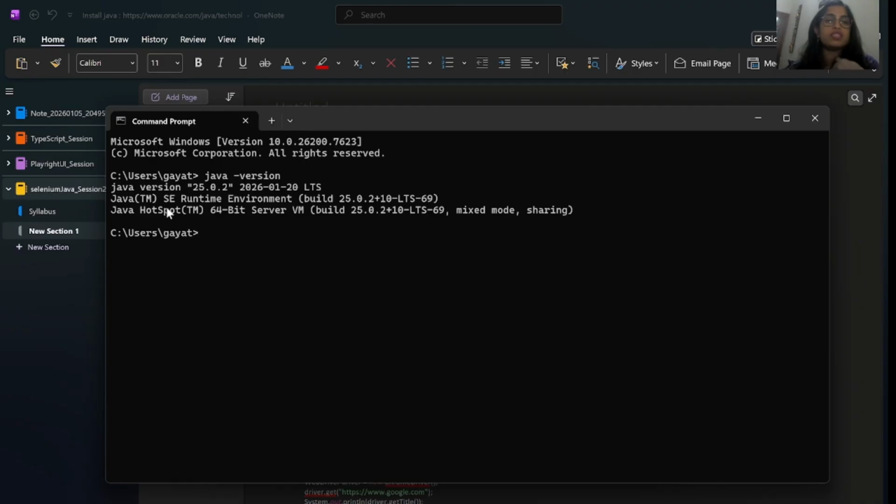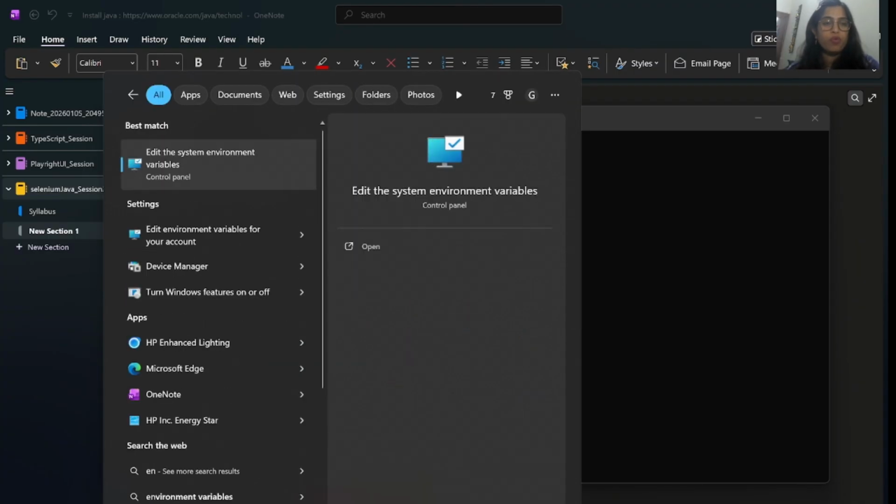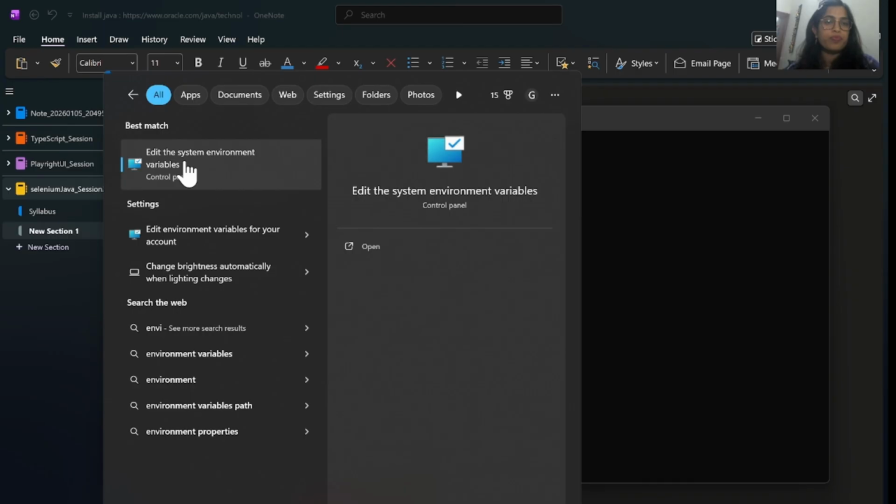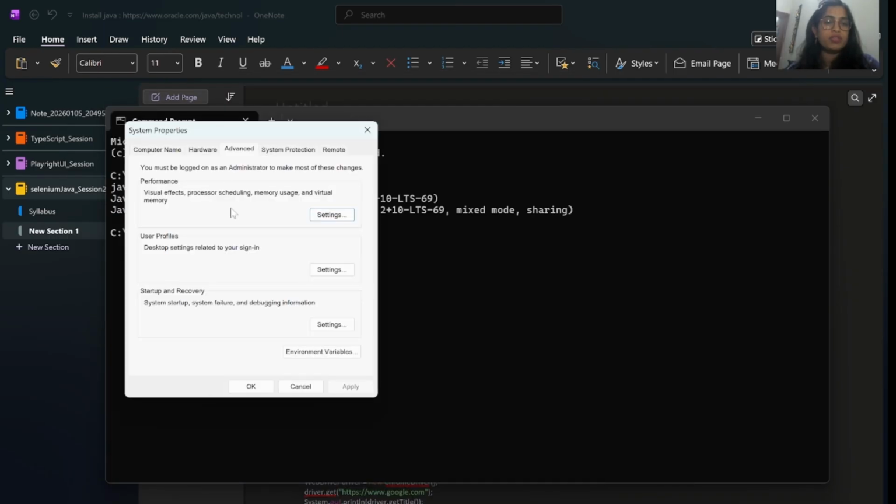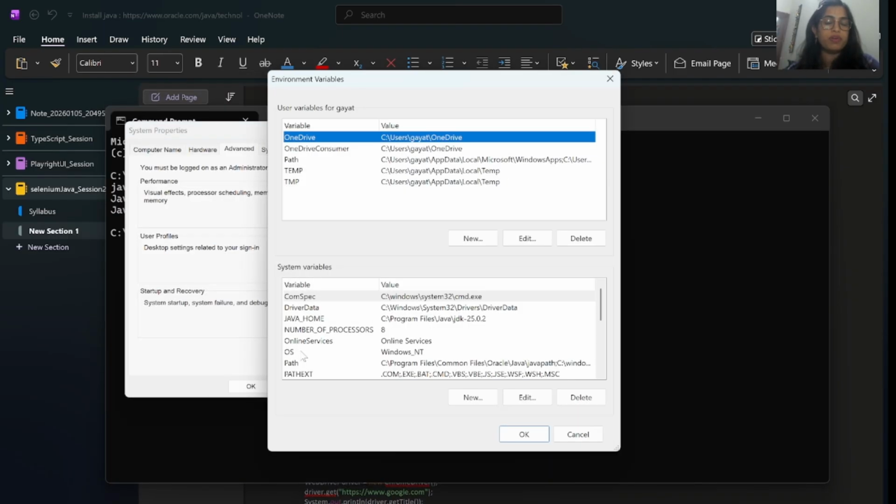If you're not seeing any version of Java which is installed in your system, the next process you can follow is to edit the path of the JDK in your system variable. For that, you can open the environment variable. Here you can see the environment variable option. Now here you see the user variable and the system variable.